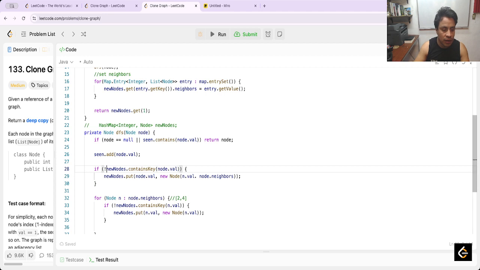Okay, now new nodes contains, no, in this case it's not new nodes, because if we are, new nodes contains, not bad. In this case, I think that it's not necessary to save anything in a hash map, because when you, for example, have